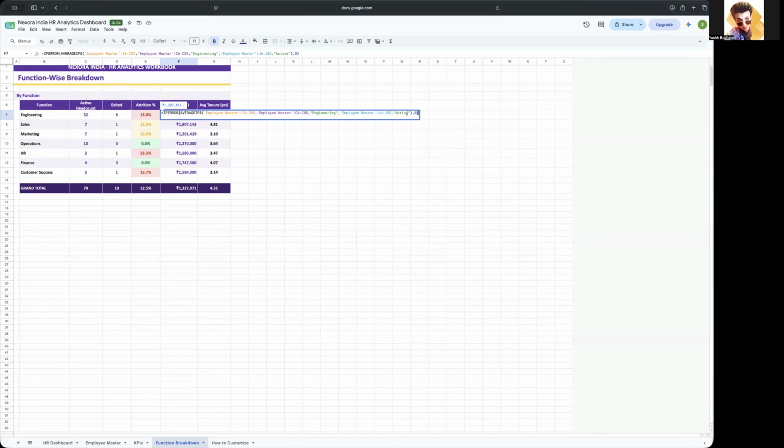Therefore, the formula calculates the average CTC of the current engineering workforce. So that's why it's averaging the current CTC of the engineering workforce. IFERROR returns 0 if no matching employees are found. So yeah, that's why we use that. And moving on